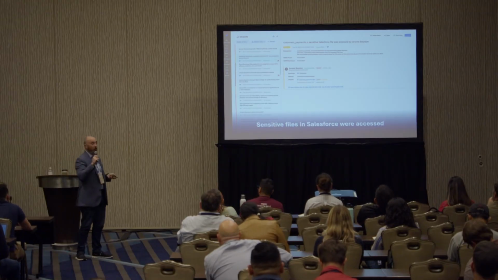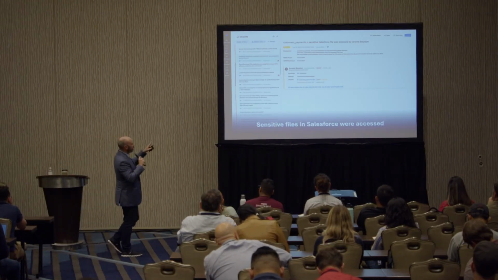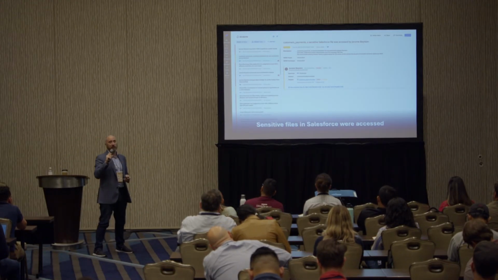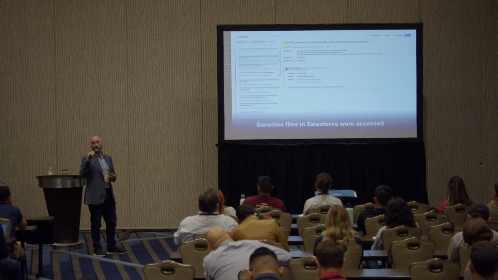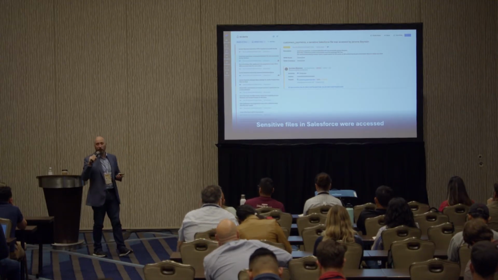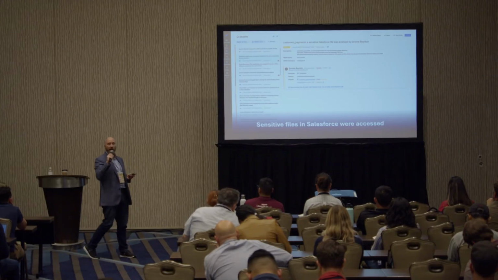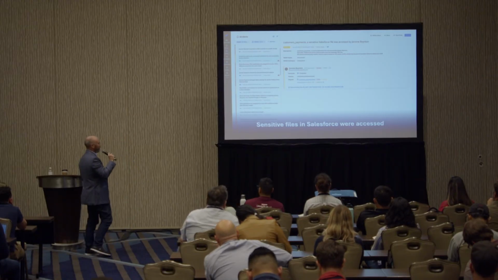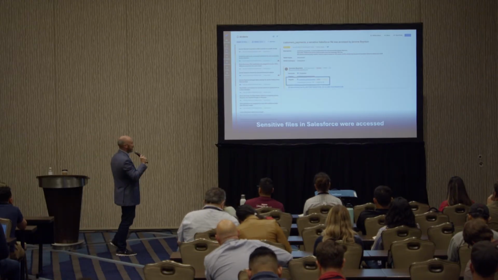All of those things are important in order to determine that Jerome is accessing a lot more sensitive data than he ever has before, because of course he never has accessed anything in Salesforce, because up until a few minutes ago, he didn't have access to anything in Salesforce beyond basically the ability to log in and see some contacts.